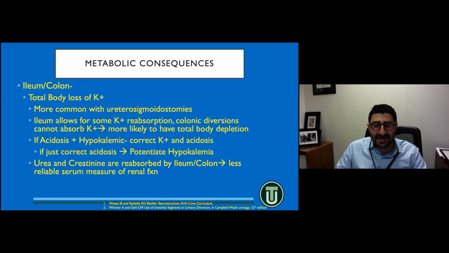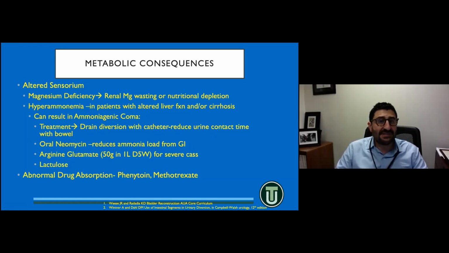Also, urea and creatinine can be reabsorbed by the bowel and may be a less reliable marker of renal function. In terms of other consequences, patients may have altered sensorium as a result of magnesium deficiency with renal magnesium wasting or nutritional depletion. Hyperammonemia you may see in patients with hepatic dysfunction or cirrhosis and can result in an